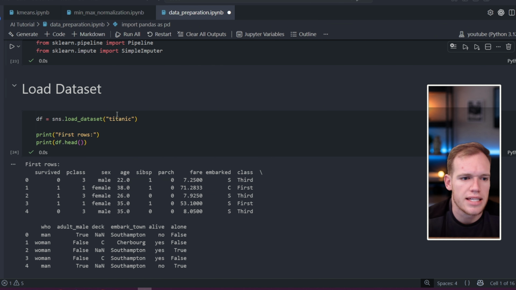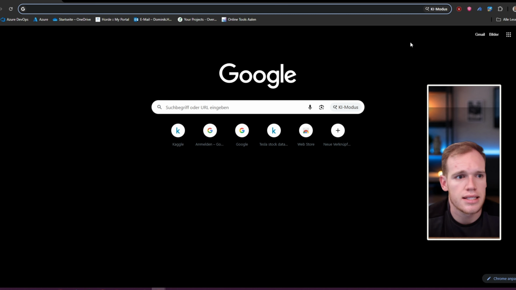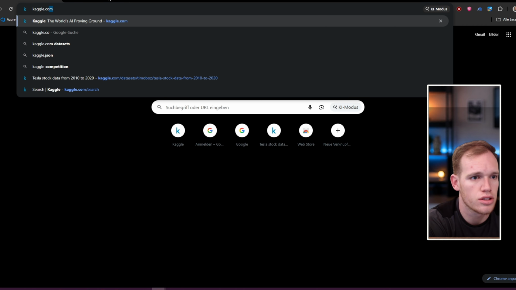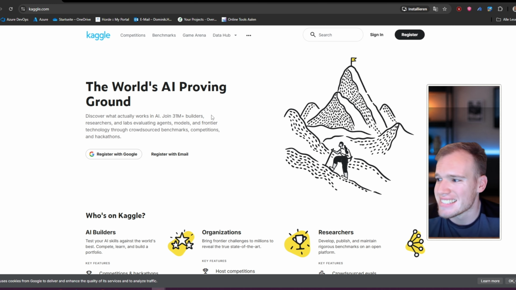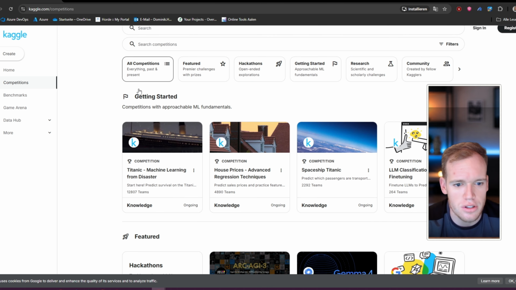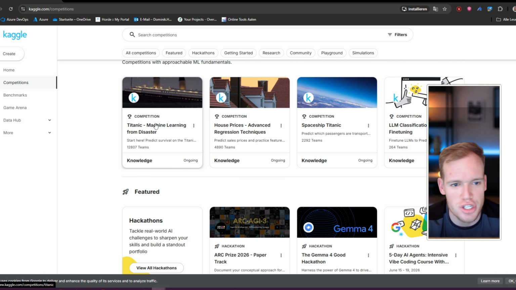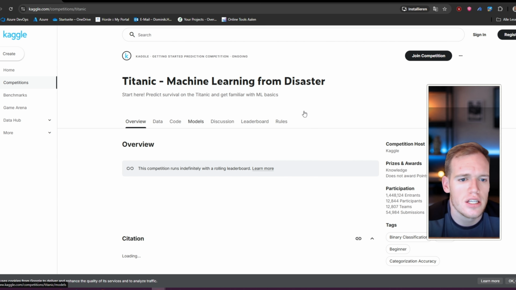Then we already come to our first step, how to get data. To get the data, we have here our load dataset, where we can use seaborn to load a dataset, and it's the Titanic dataset. If you don't know about the Titanic dataset, open your browser, go to kaggle.com, and there's also a Titanic challenge, means we have the competitions, and here's the Titanic machine learning competition. If you jump right in here, you see all the data, all the explanations, and some simple code which explains